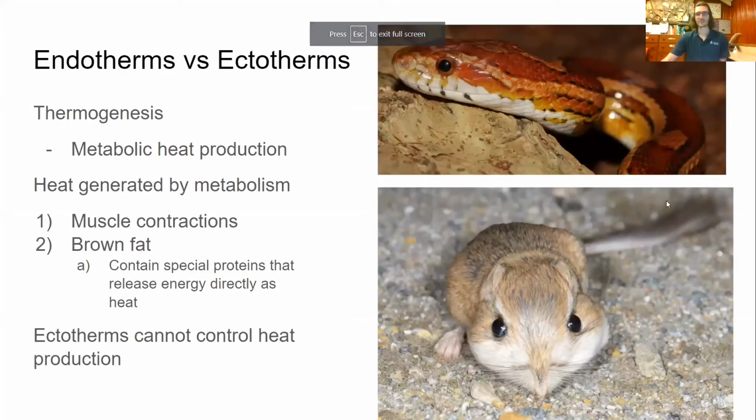So first, I figured we could just start by going over in general what an endotherm and an ectotherm are. And so really the big difference between endotherms and ectotherms is how they control or regulate their body temperature. So endotherms can regulate their body temperature through heat production internally, and ectotherms cannot. So they rely more on their environment, and their body temperature is going to shift based on changes in temperatures